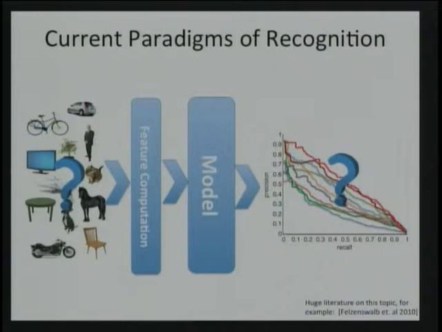Just to call things cats and dogs? I believe, personally, there is more to recognition than this. And during this talk, I want to step away from this pipeline. I want to question the input to the recognition system. I want to question the output of a recognition system. And I'm going to show how to tweak the models to do what I want to do with the recognition system. What do I mean by this?